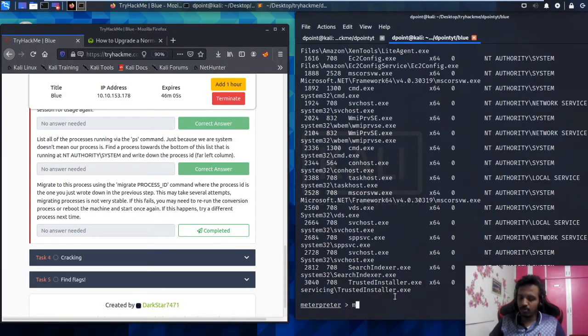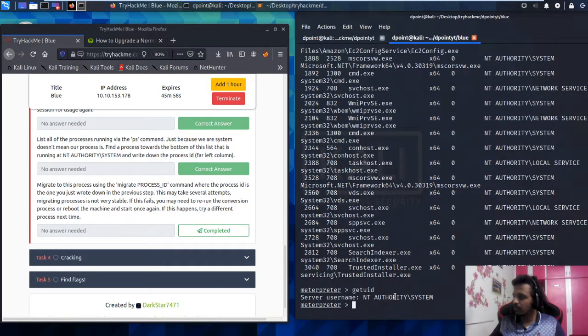Okay, so what we need to do is migrate. Before doing this, get UID, like we did before, and let's do migrate, and after that we'll check again. So what is it that we want to do? 2728,